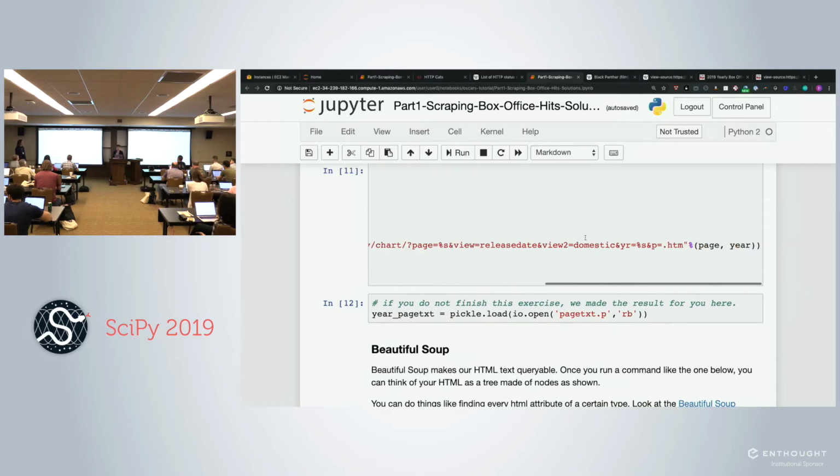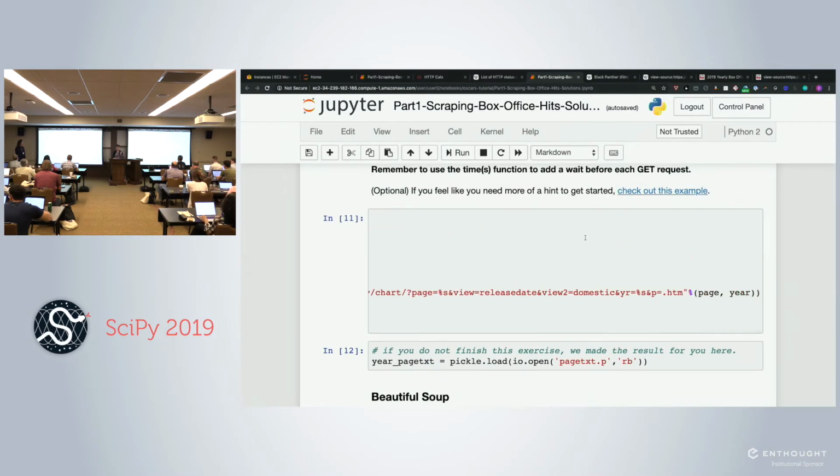Okay, so this is an example. This is the solutions, so that's not important. But anyways, what you can do with string formatting is, we saw earlier that the change between the URLs is the year changed and the page number changed. In this case, we can do something like this, where we say the page is %s, and then on the outside of the % here, we'll get a page and a year. So we can do this instead maybe with a